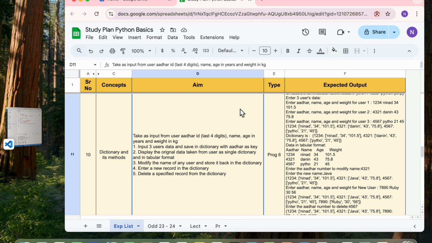So the next part says, modify the name of any user and store it back into the dictionary. So which user do we want to change? That we can get by the Aadhaar number. Okay, so the Aadhaar number is the key that we want to search. All right, and if it matches, then we